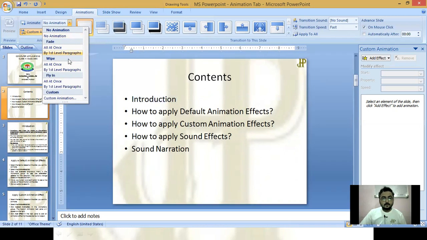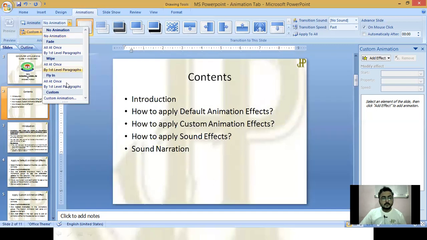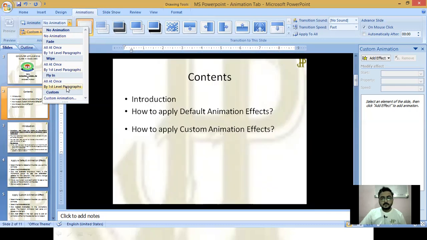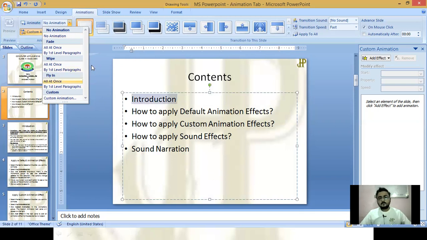And if I choose Wipe, then something different. And if I choose Fly, here you can see the effect. I think it is very clear to you how to apply a default animation effect. Okay.